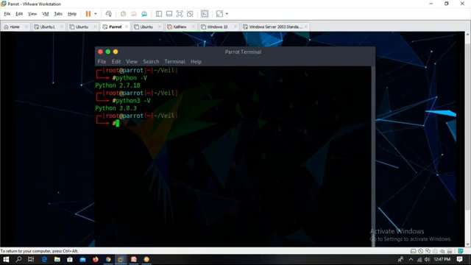I mean, Veil is actually built with Python version 3.7, and right now my system is upgraded to 3.8.3. So that is the only reason that, due to these issues, Veil is not working properly on my Parrot cleaner. So I actually required to run some command, which I have also shared with you earlier,